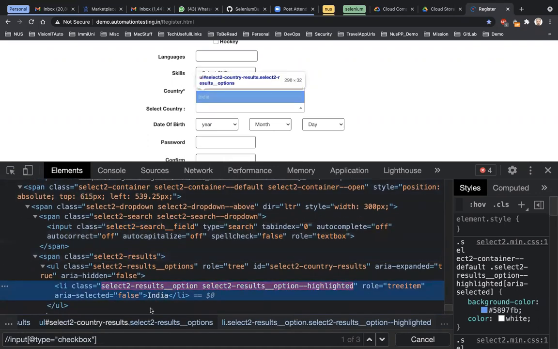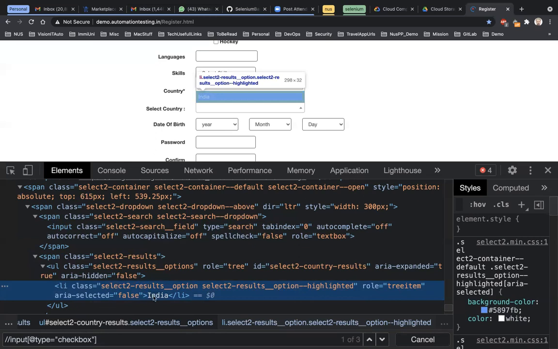Okay, another thing in XPath is you can also use the text of the element to identify it. So far we have only been using the attribute and its value, but now we can also make use of text. So li is the tag name, class, role, aria-selected are its attributes, and these are its values.